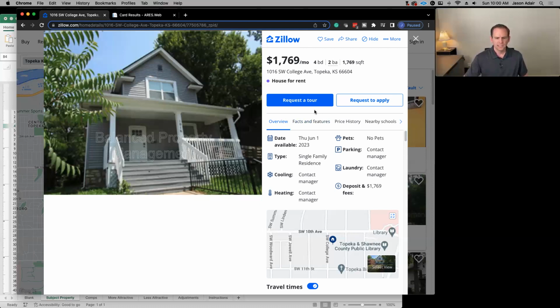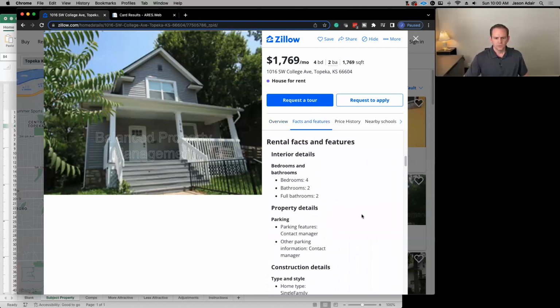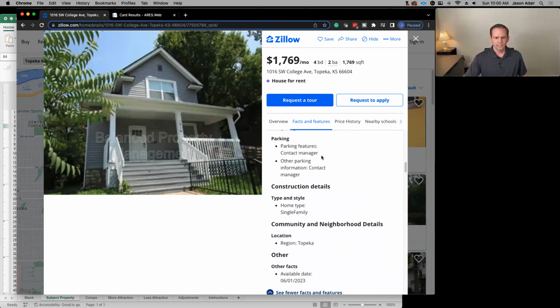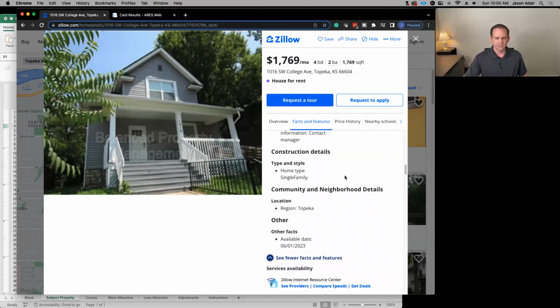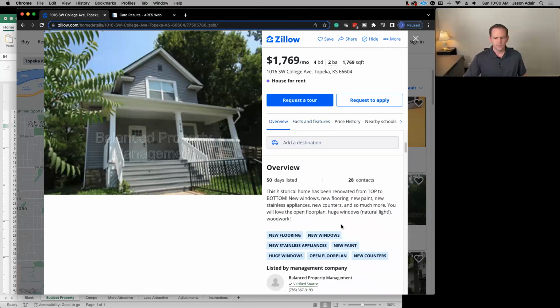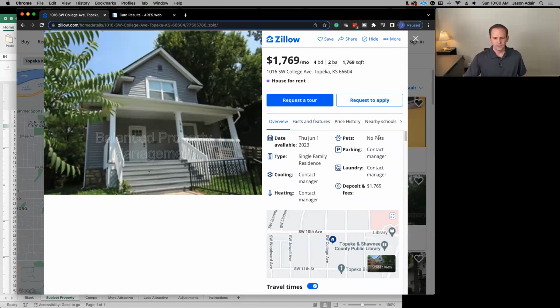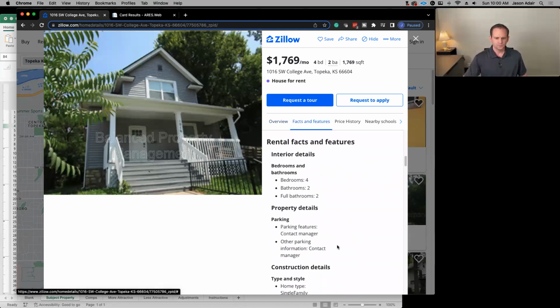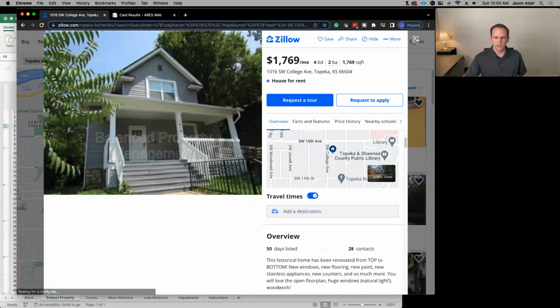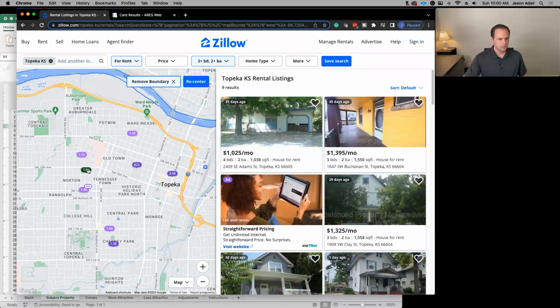And then I got to looking here, just looking through. It does have some basic information: 4-bedroom, 2 baths, but everything else is parking, contact manager, other information, contact manager. It does say single family home. There's not really a description on here. It does say no pets, contact manager, contact manager. It just doesn't have a lot of information. So if you were looking at a listing like this compared to,